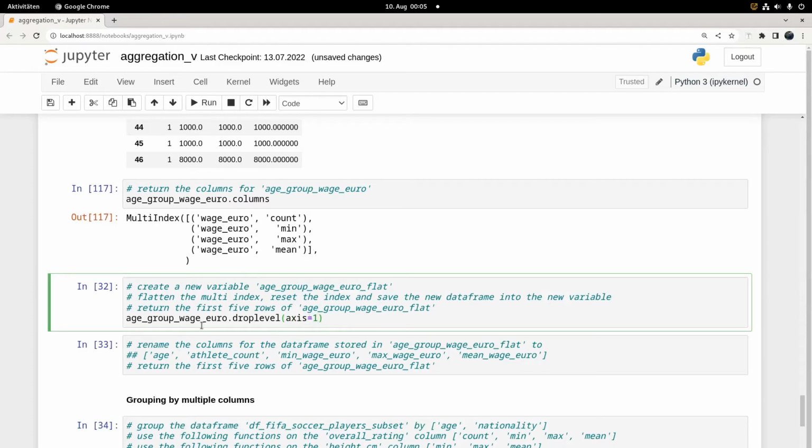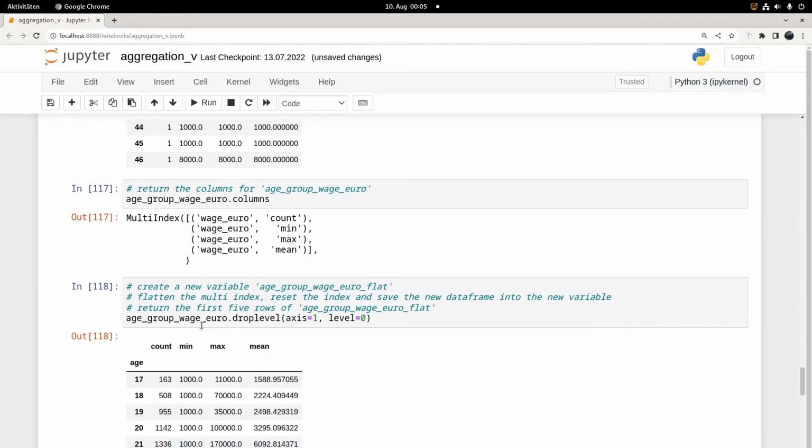So we are interested in the columns, and the level that we want is level 0, and then let's call this. Okay, and now we have still the age as the index, and we actually need to reset the index in order to be able to work with a flat